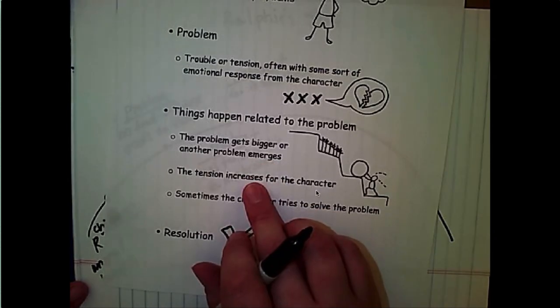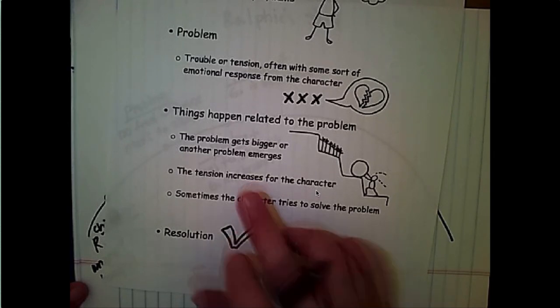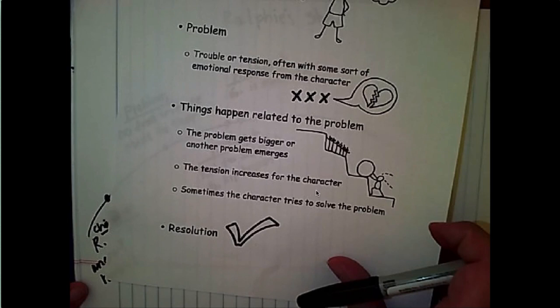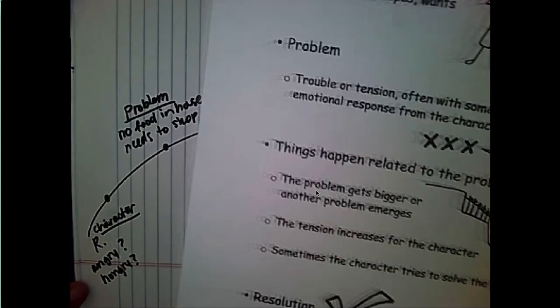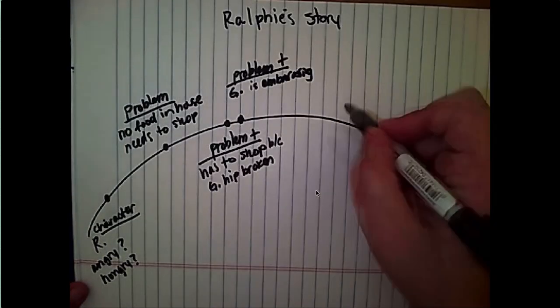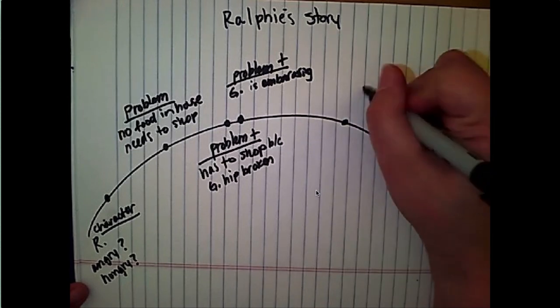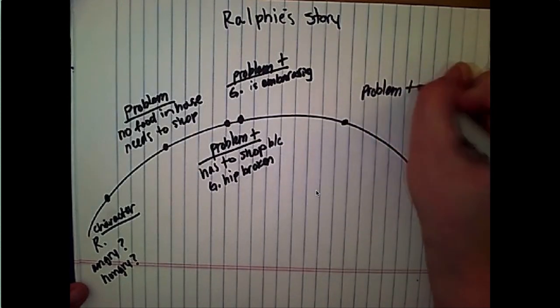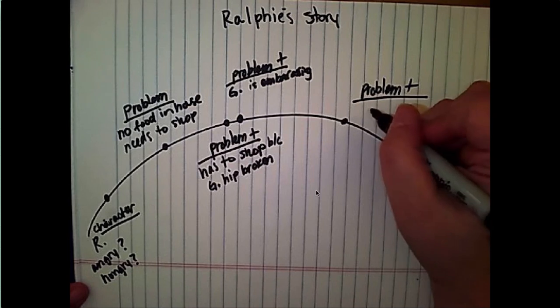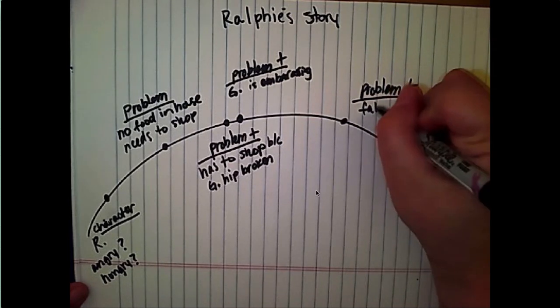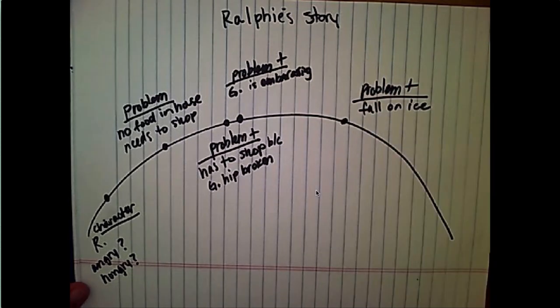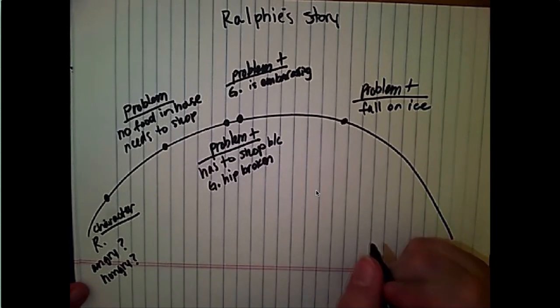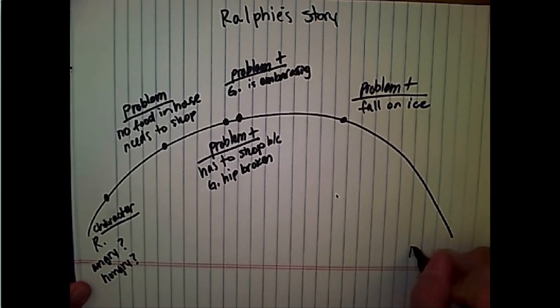Maybe the tension increases. I'm thinking that, as he's walking, you know, he falls on the ice, right? That's the problem getting bigger. So over here, again, problem plus is related to the problem. He falls on the ice. Okay. And then finally we get to the resolution